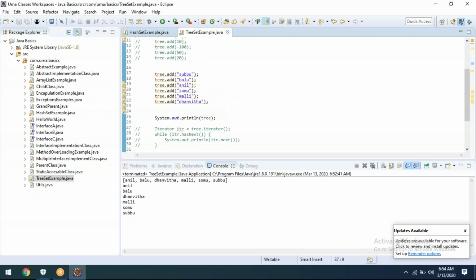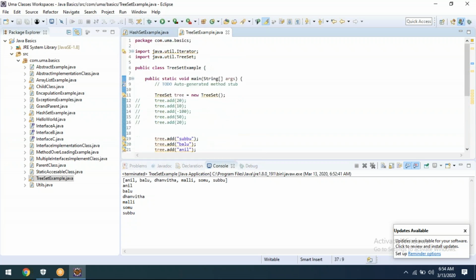Now we'll go for another topic. See what we learned till now: set, has set, tree set we completed, and there are some problems in the tree set that we already discussed. Before moving on, we have one pending topic, that is only maps. Before moving to maps, we have to cover one more topic, that is called generics. What do you mean by generics and what is the need of generics? Like that, we need to discuss.